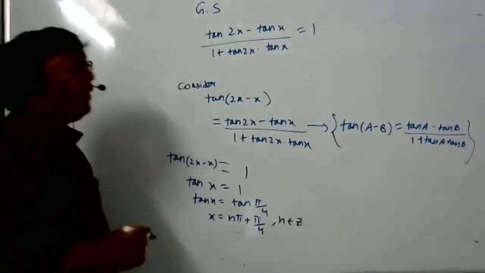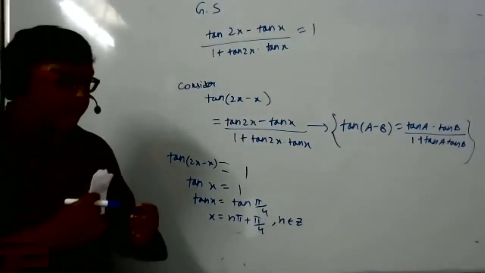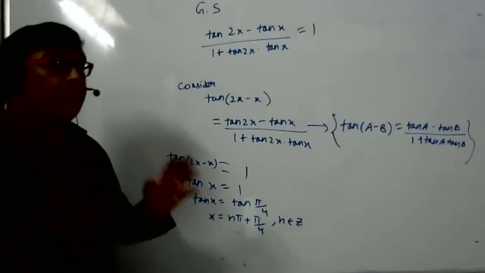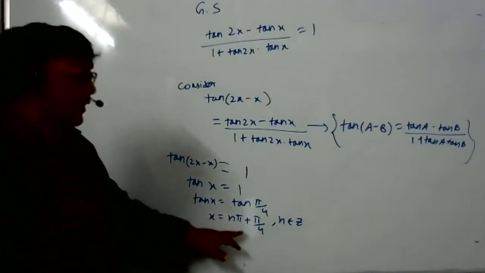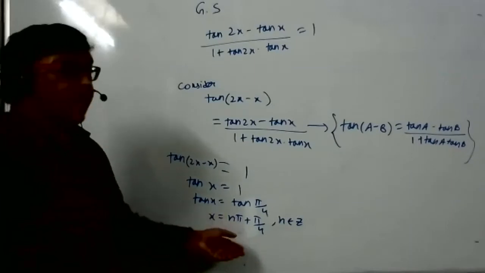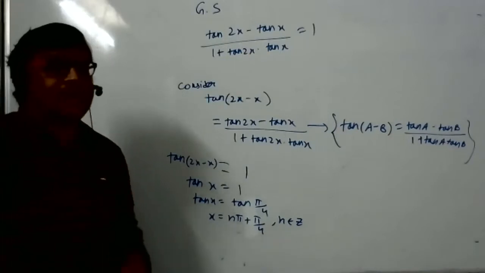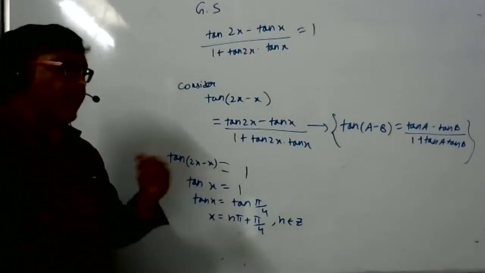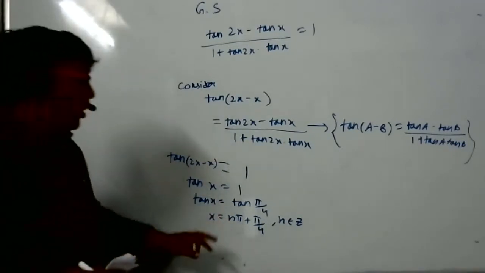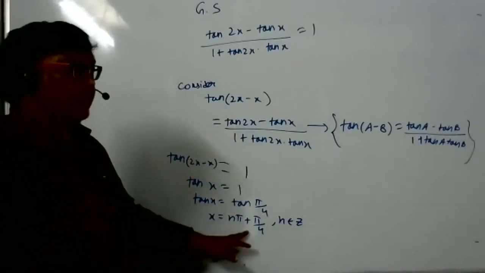But what happened? Actually, we have to be careful. We should not blindly write the answer. When we find an answer, we should check whether this answer is feasible or not, whether such answers are possible or not, whether by this answer we are getting something undefined. If we are getting undefined, then that is not considered an answer, although we got this answer. I'll tell again, we have to be very careful now. We are studying competitive questions, so only getting the answer is not enough. We have to recheck whether this answer has some ambiguity, some problem.